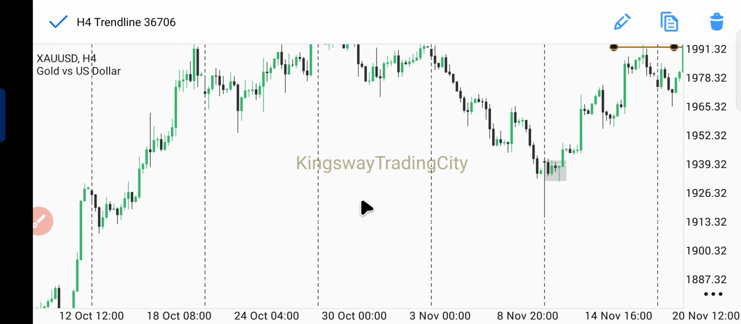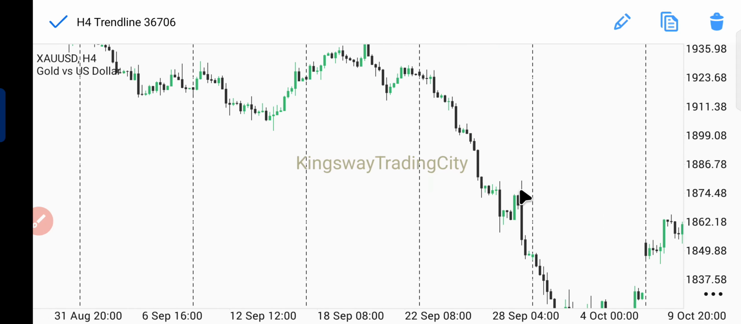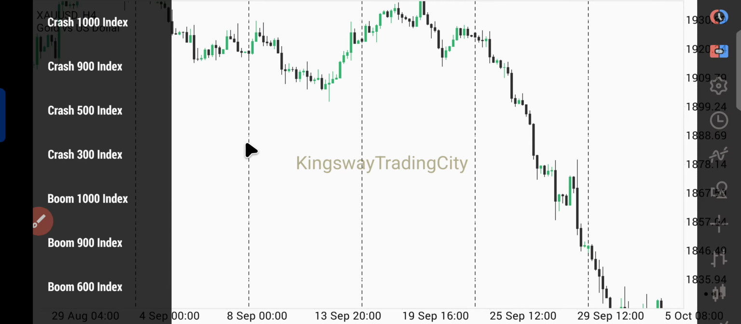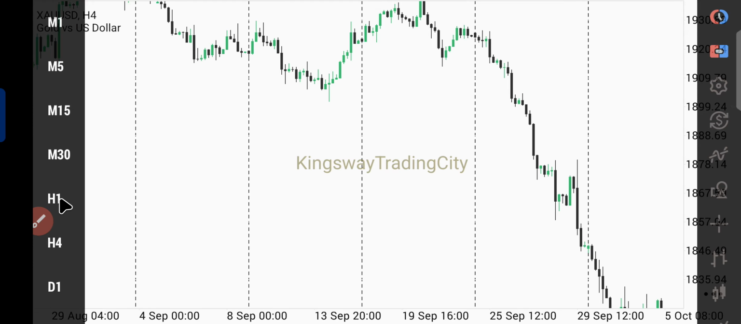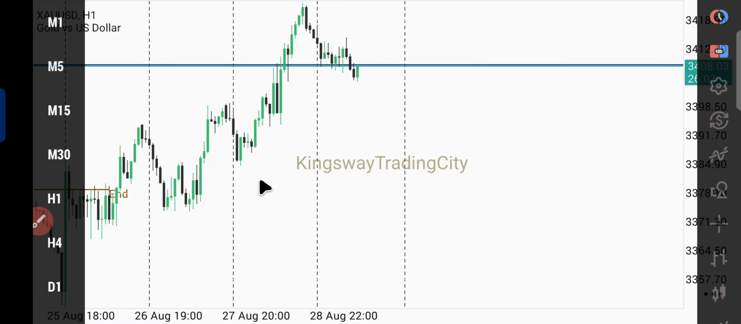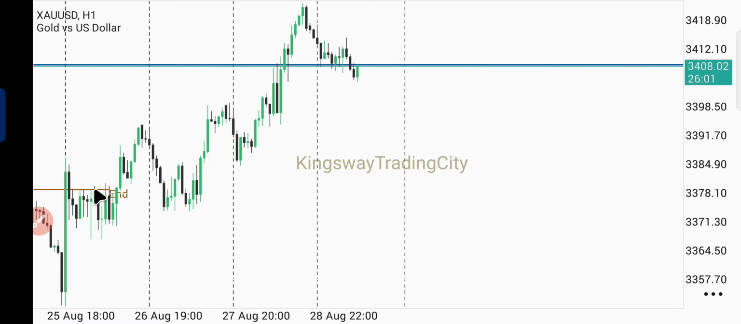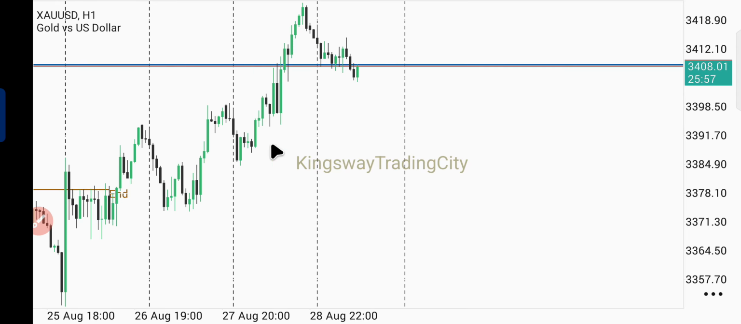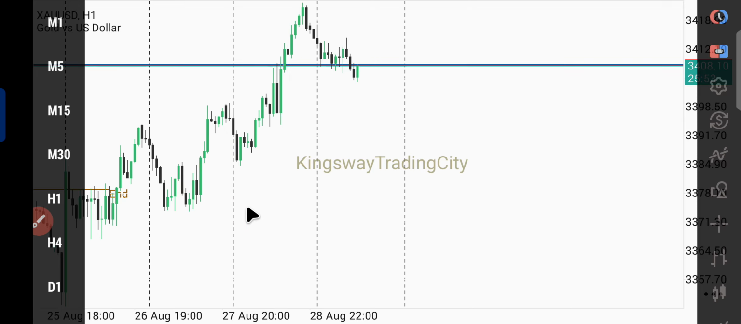Let's see if I can spot a downtrend. So I'm hoping to find something clean, because some things are not always clean. Okay. So you see here, after breaking this high,